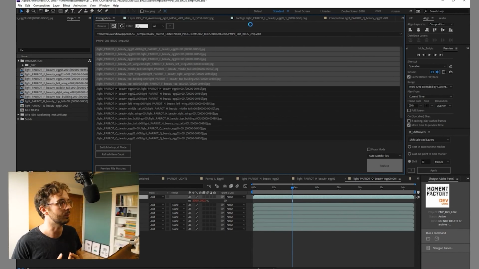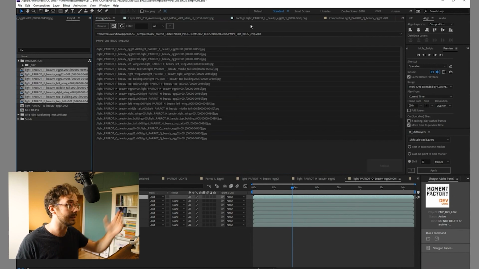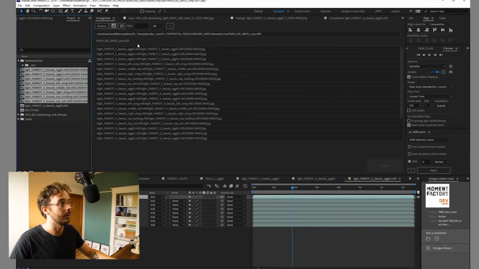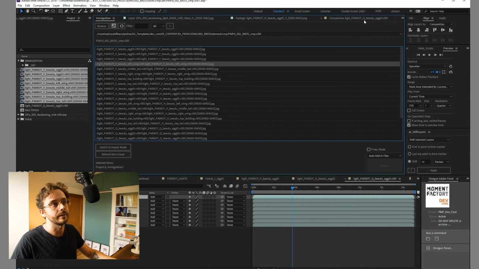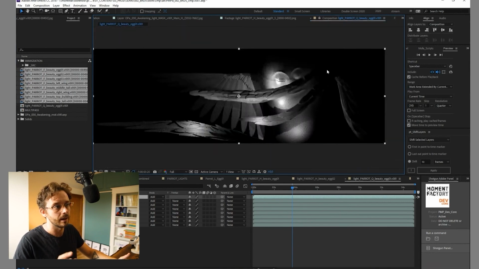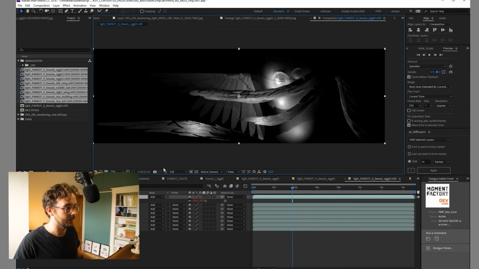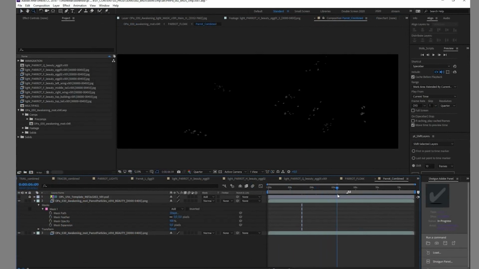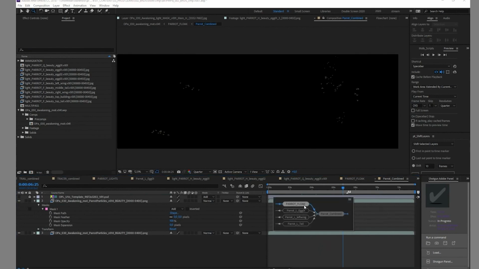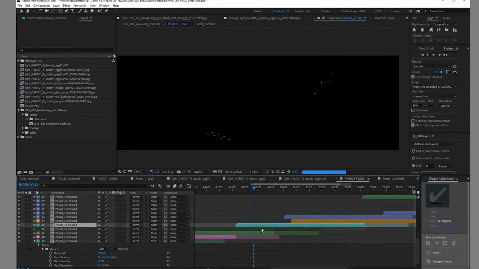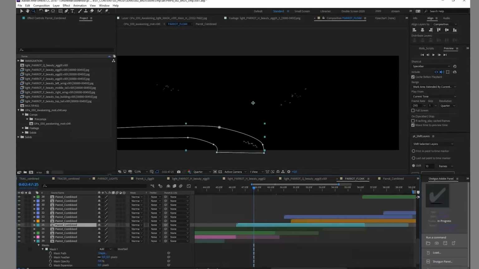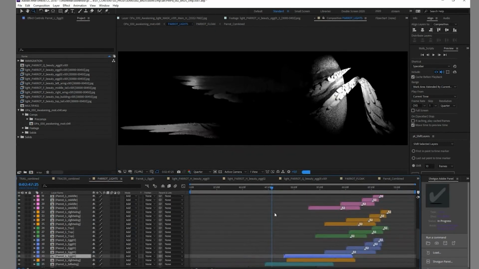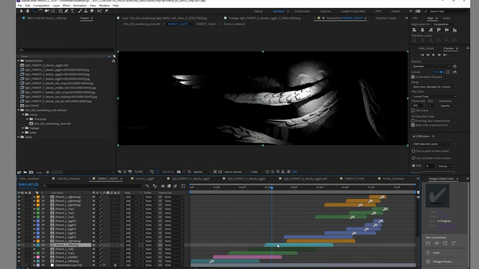That's giving me the opportunity to be sure that everything is at the right place. I can just check everything with that replace preview, and now everything is at 100% full resolution. I'm doing this not because I'm lazy, but because if we look at what we've done before, it's really a lot of different renders that are gonna be used. And if I'm modifying the source itself, instead of trying to change one by one, layer by layer inside of my project, I'm really avoiding the struggle of checking stuff.